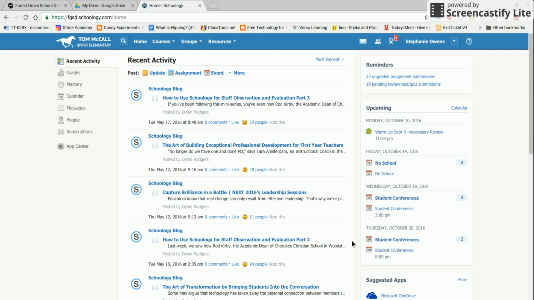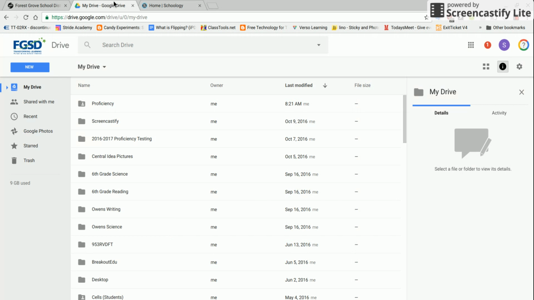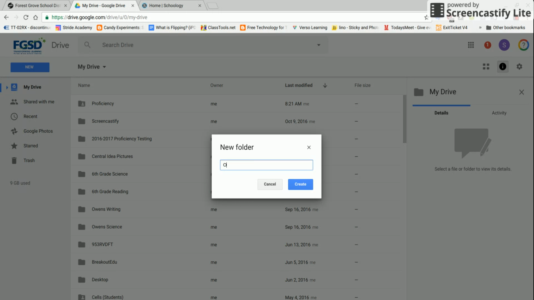This is how to use Google Forms for reading proficiencies. The first step is to go to your Google Drive. Go and set up a new folder. Click on New, Folder. I usually name it with my last name and then whatever item